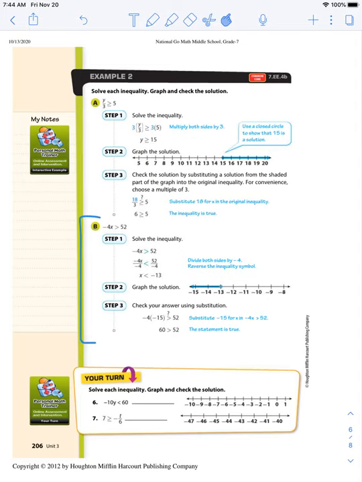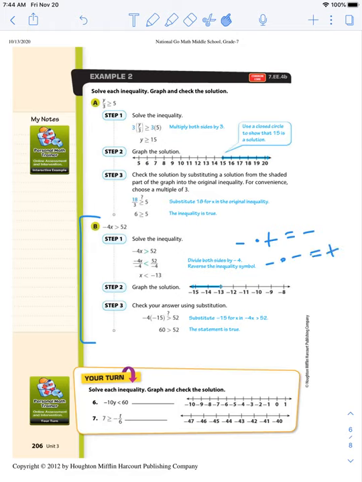If I have negative 4x is greater than 52, we divide both sides by negative 4, and I get x, and then negative 13. So x has to be less than negative 13, because we'd think it was greater than. It started with a greater than symbol. But again, I know a negative times a positive equals a negative, and a negative times a negative equals a